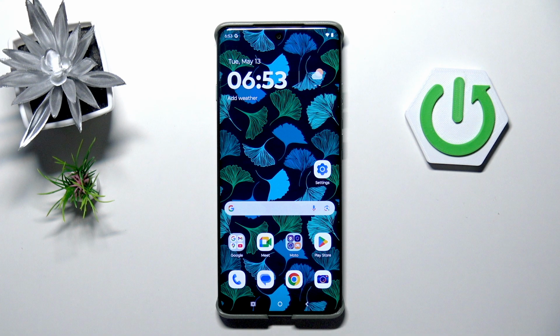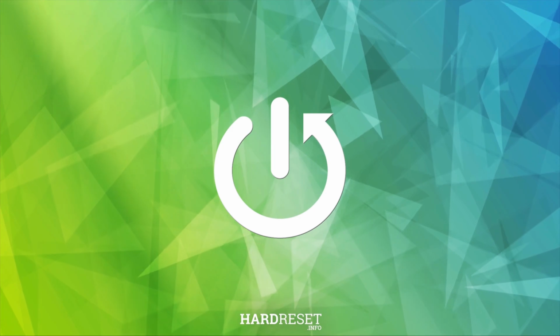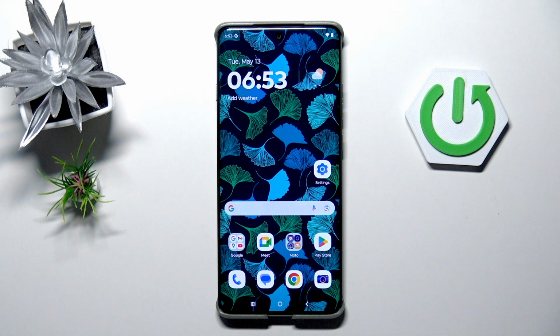Hi everyone, in front of me I've got Motorola Edge 60 Pro, and let me share with you how to change the 3 buttons navigation into the gestures in this device. So let's begin with